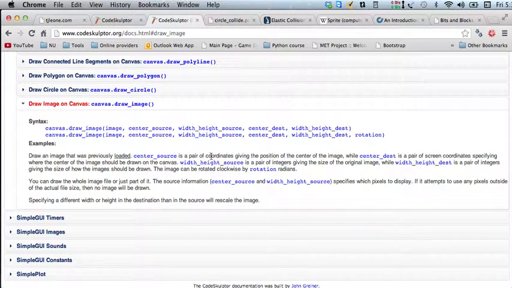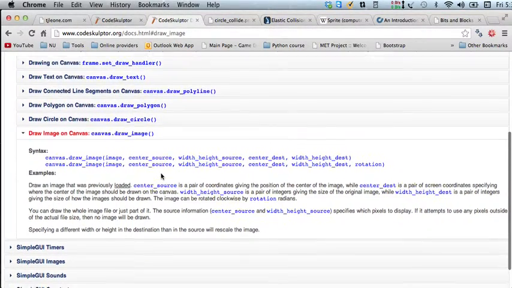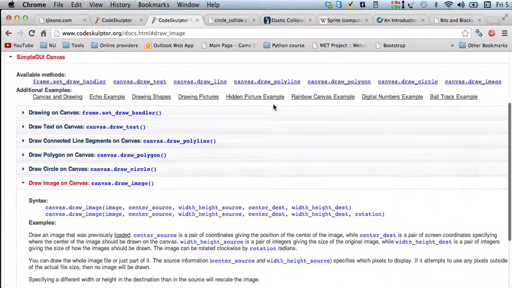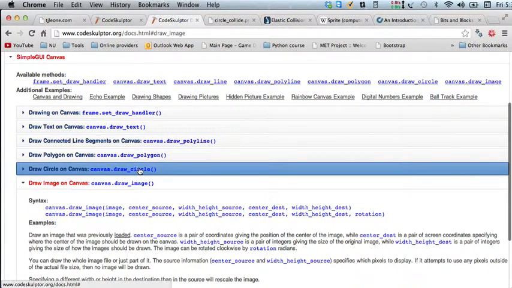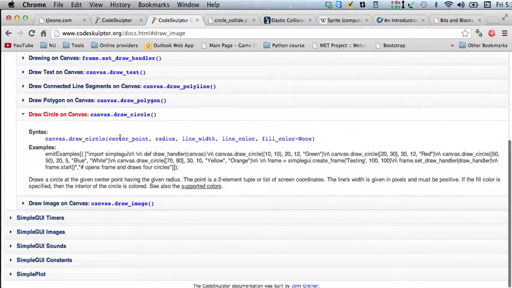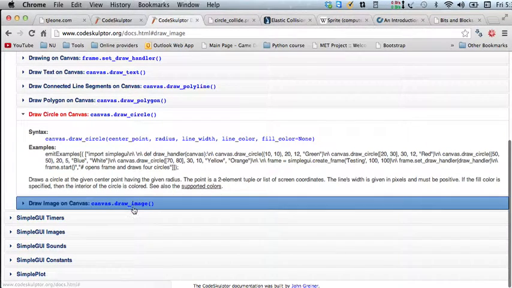It says the center source is a pair of coordinates giving the position of the center of the image. While center dest is a pair of screen coordinates specifying where the image should be drawn on the canvas. So when you draw a circle, you have one center point, and that center point is the center of the circle. When you draw an image,